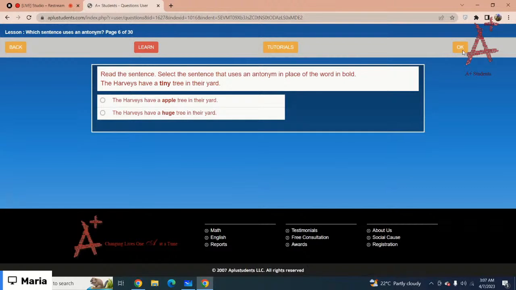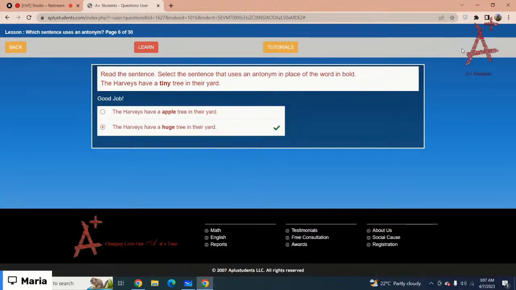Tiny and huge. Got it? Tiny and huge are the antonyms. So that would be the second option. The Harveys have a huge tree in their yard. Okay, the next one is,